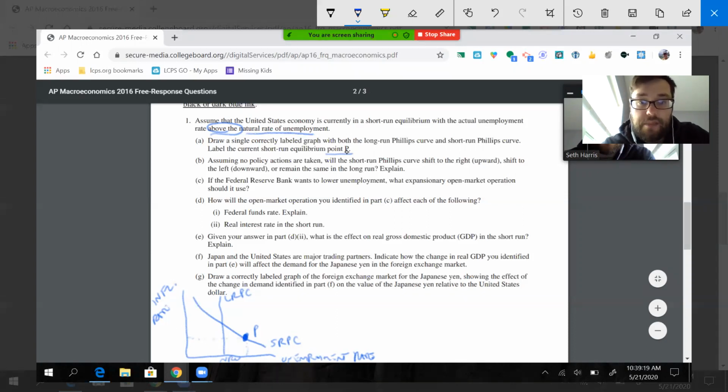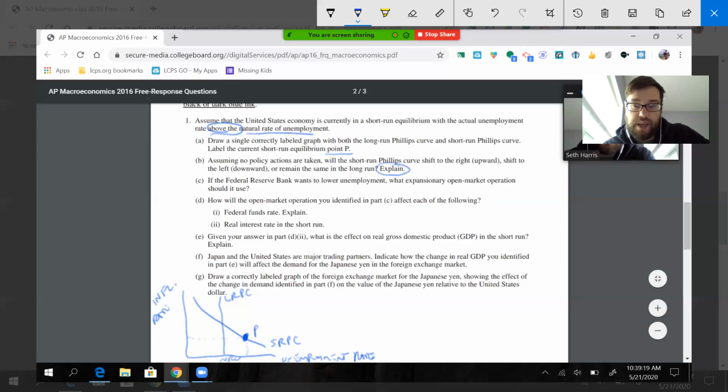All right, part B. Assuming no policy actions are taken, will the short-run Phillips curve shift to the right, shift to the left, or remain the same in the long run? And then explain. So we want to know what's going to happen to the short-run Phillips curve. I think the best way to approach this is to think about what's going on in the ADAS model, because we know that the Phillips curve,